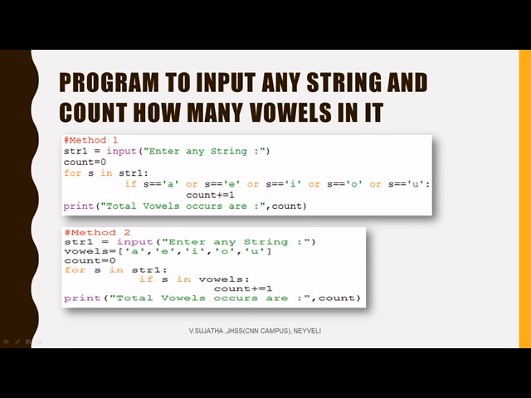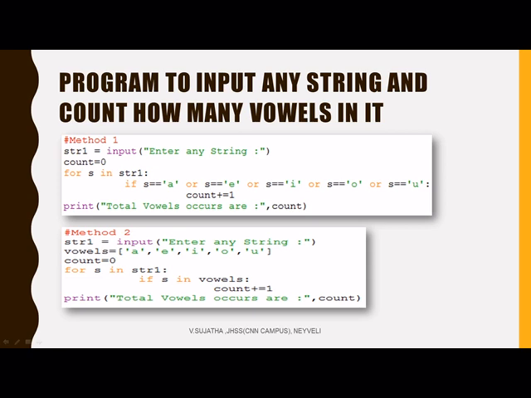See, I am checking so many conditions, and they are connected by the OR operator. OR is a logical operator. If any one of the conditions is true, then the counter will be incremented. Suppose the particular character S is A, then this condition is true and the remaining conditions are false. In an OR operation, if any one condition is true, it will evaluate the true part.